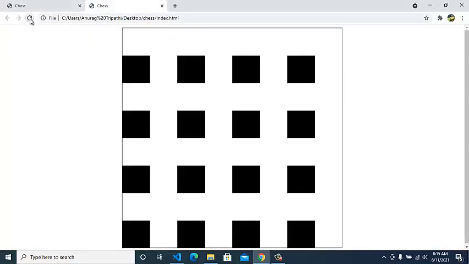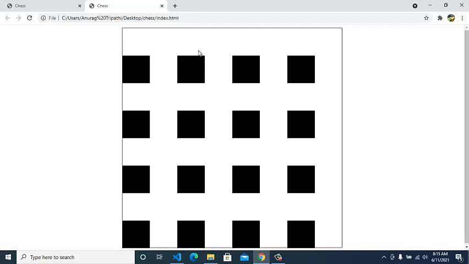So when I refresh, you can see this is considered the first row. In the first row we have even children, like see, first is this child, then second is this child, then third, then fourth. So all even children are black. This is even, this is even, this is even, all are black. Here also, this is an odd row, then even row, then odd row. So in all the odd rows, the even columns are selected and colored black.